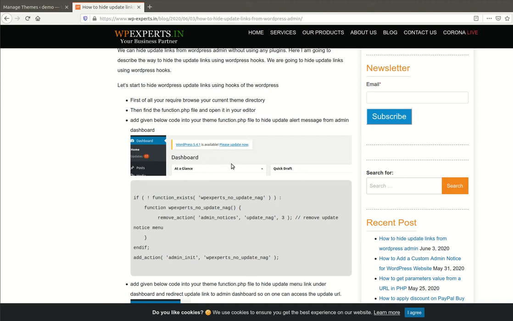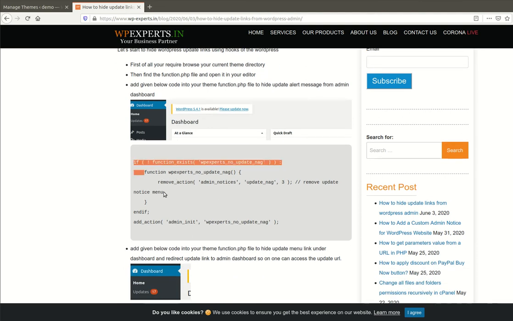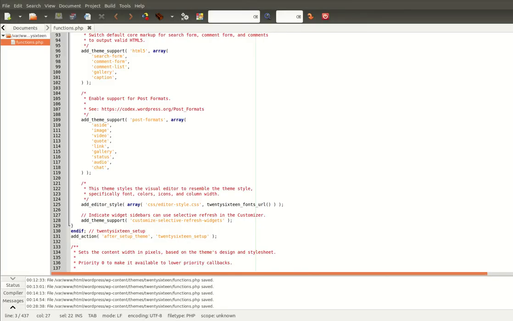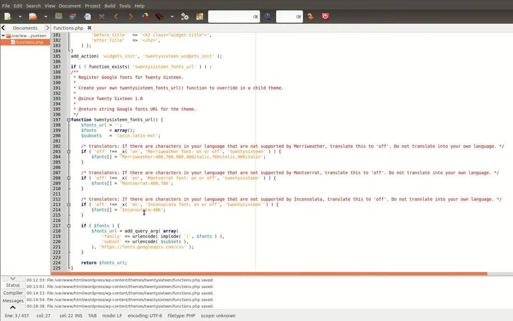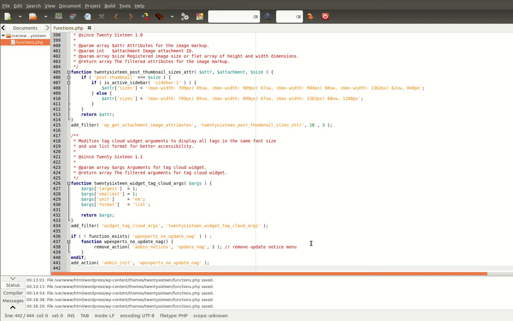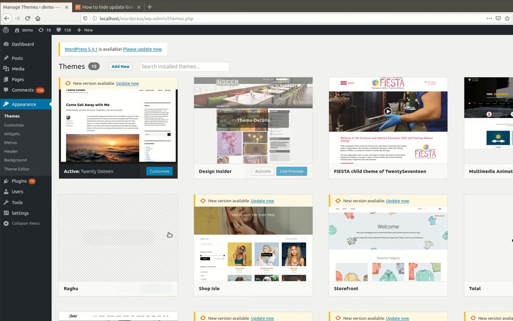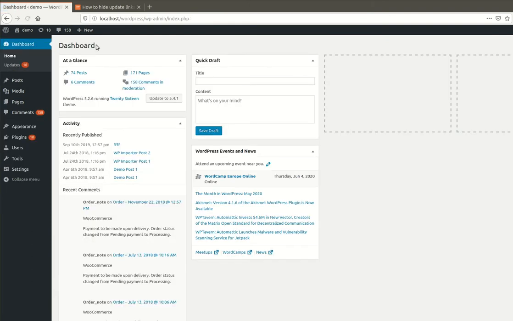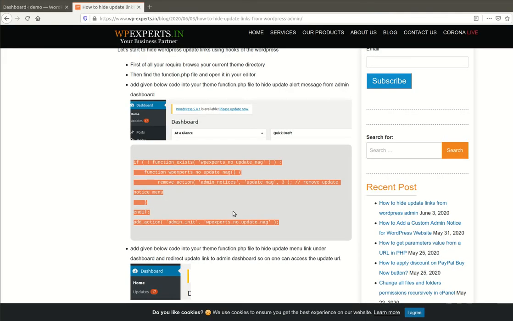To hide this update available notification, we need to use this code. You just need to copy the code, right click, copy, and paste it at the bottom of your functions.php file. Let me refresh the page. You can see the update link has been removed. So our code is working fine.